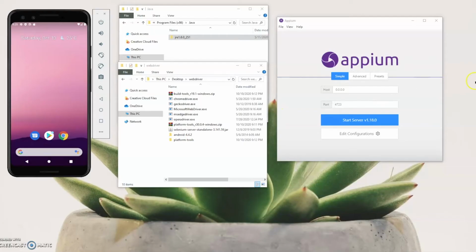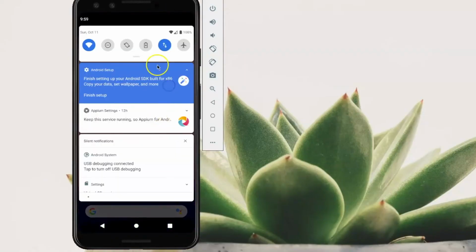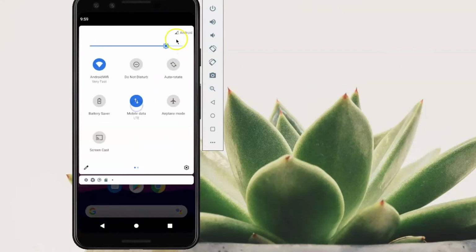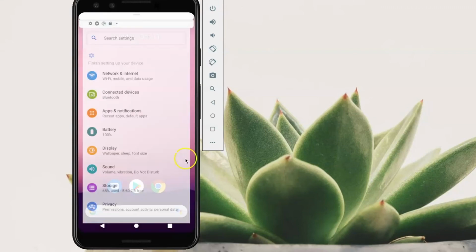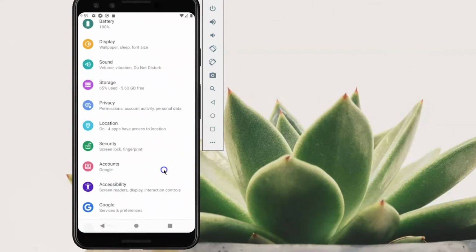Once you finish downloading, extract the SDK platform tools folder and the Android build tools folder into the same folder. Now, if you are testing Android with an emulator, USB debugging mode should be on by default. You can see it in the notifications. If you wish to conduct the test on your own Android device, go to the settings of your phone and turn on USB debugging in the developer options and plug in your Android phone on your computer.